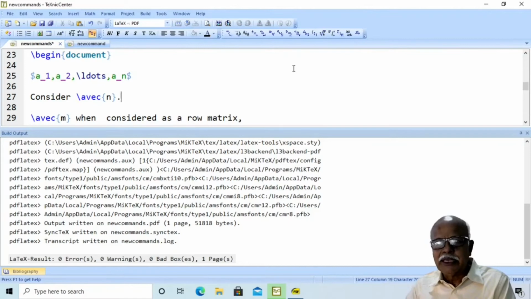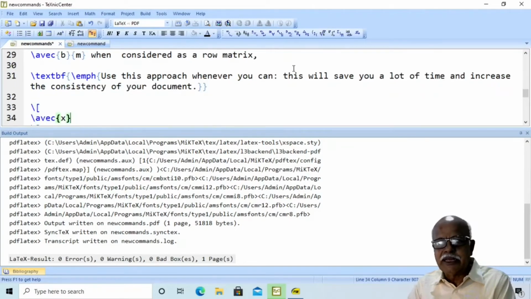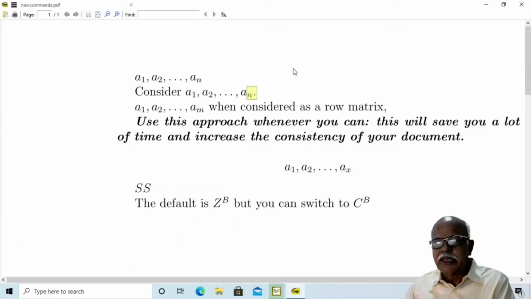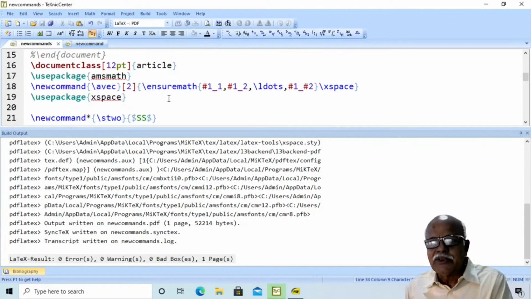Then here you can have a, and then b here, and then c here. You will find in the first case a1, a2, etc. up to an, in the second case b1, b2, etc. up to bm, in the third case c1, c2 up to cx. This is possible. Actually, we can define 9 such parameters in the new command.